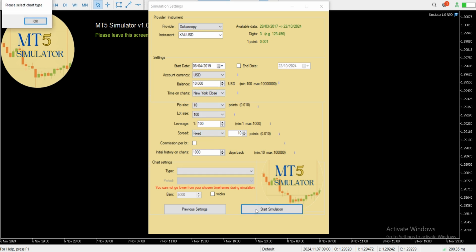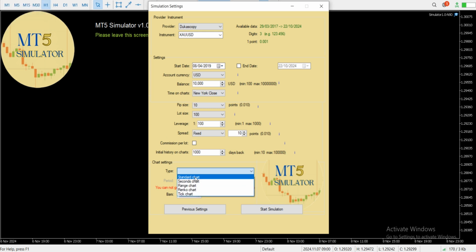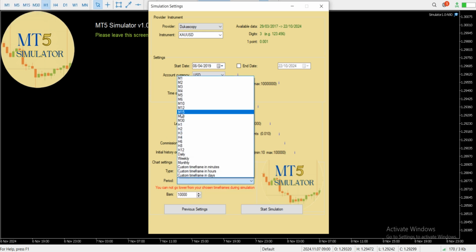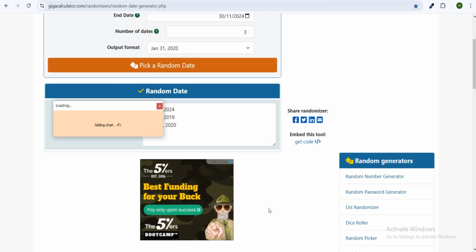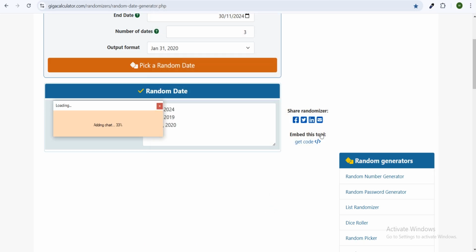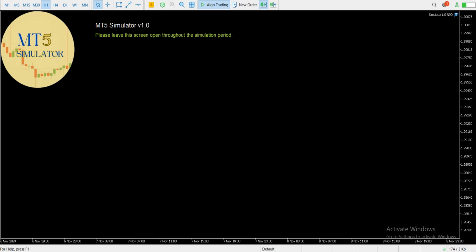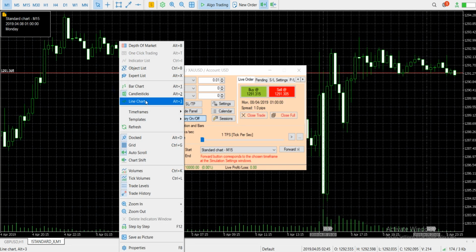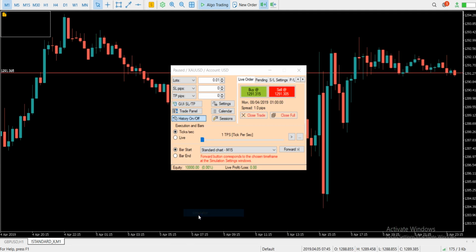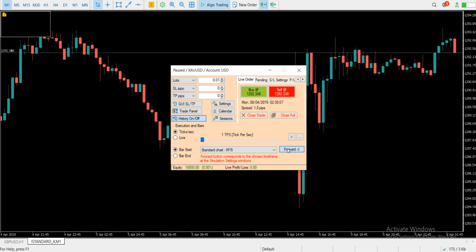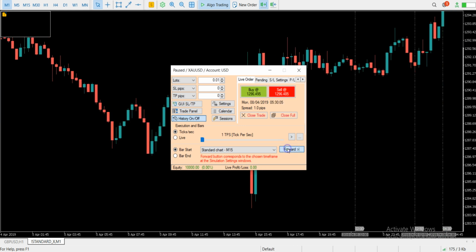Let's start the simulation. Okay, sorry, I haven't chosen the type. Standard period will be M15, and let's start. Okay, it's loaded. The chart is loaded. Load the template. Moving on to 8 o'clock because that's when I start trading. Around